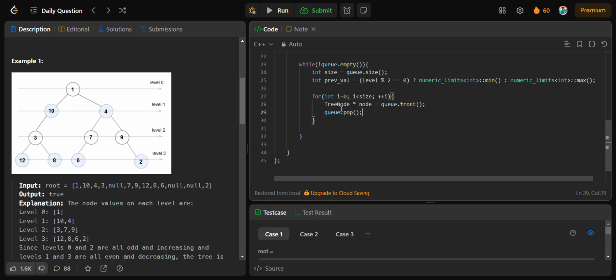After that, we will check if level modulo 2 equals to 0 and node value modulo 2 equals to 0, or node value is less than equal to previous value. If this is true,